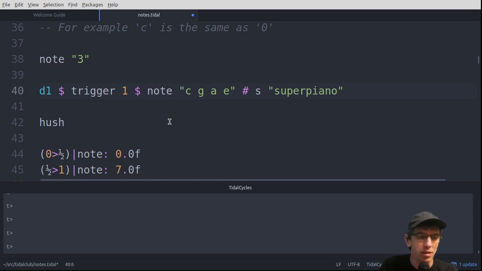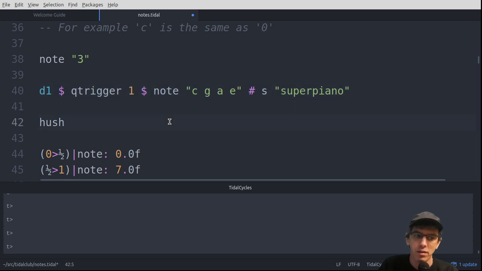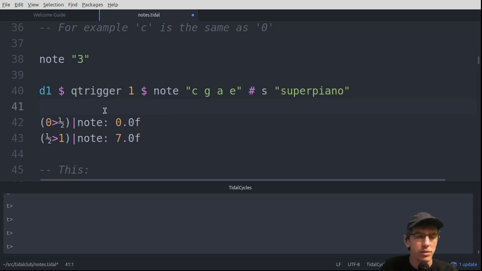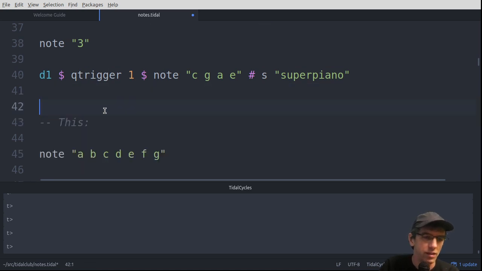If you want it to happen really immediately, miss off the Q. Q stands for quantize. That's kind of immediate, whereas qtrigger 1 might wait a little moment. Sometimes you miss the first one actually because it will align it to the nearest cycle. I need to think about that problem. Anyway,